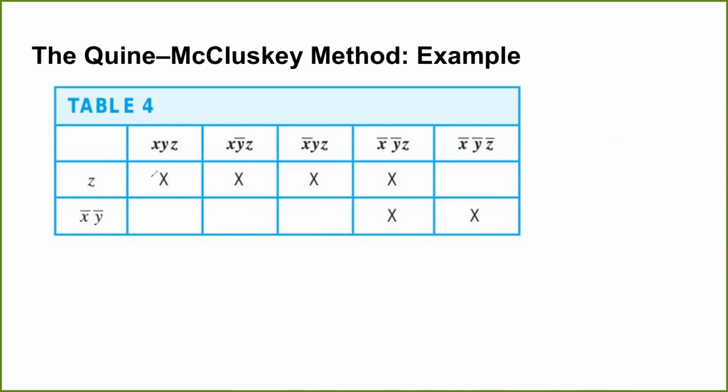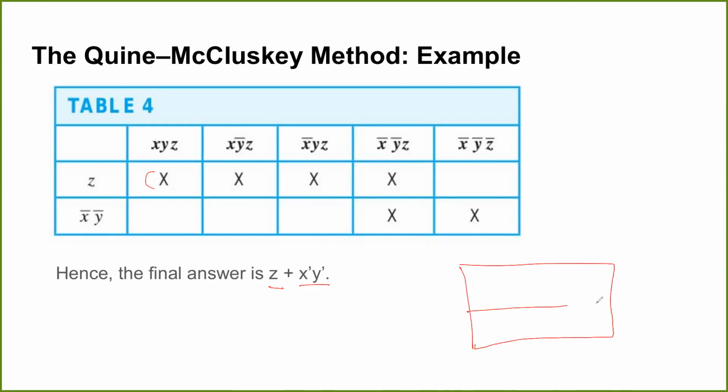This is normal. You can visualize it using a Karnaugh map, right? Or even if not a Karnaugh map, you can just see the terms. The final answer is simply Z and XY prime, right? You can also confirm it using a Karnaugh map. So if I do a Karnaugh map, I have 3 variables.